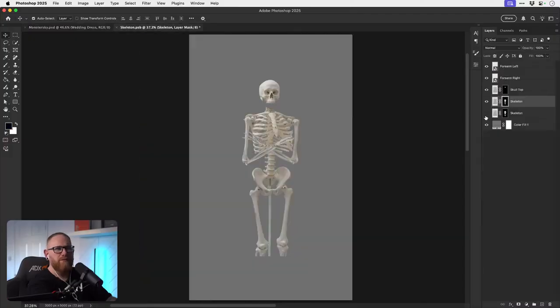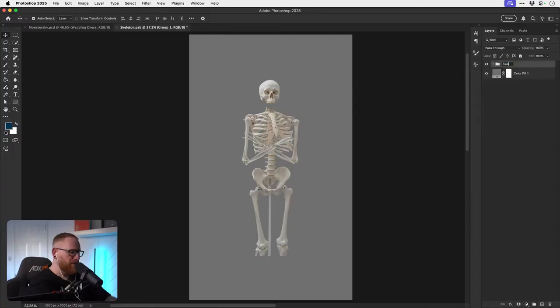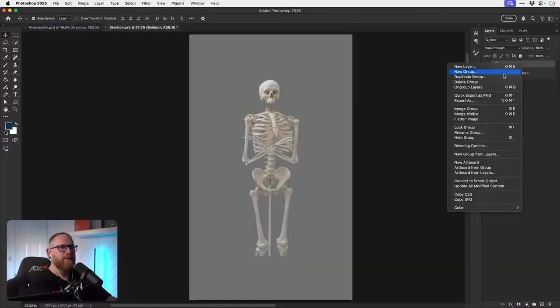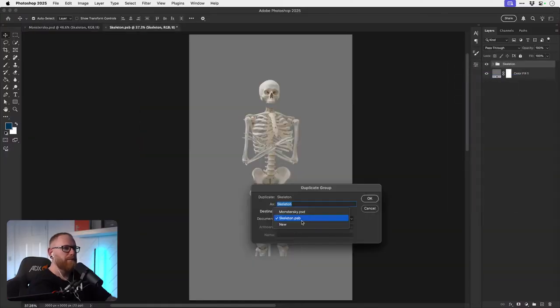Oh, I think I'm going to bring the skeleton into the main document. So we'll select the layer there, and we'll bring him in.